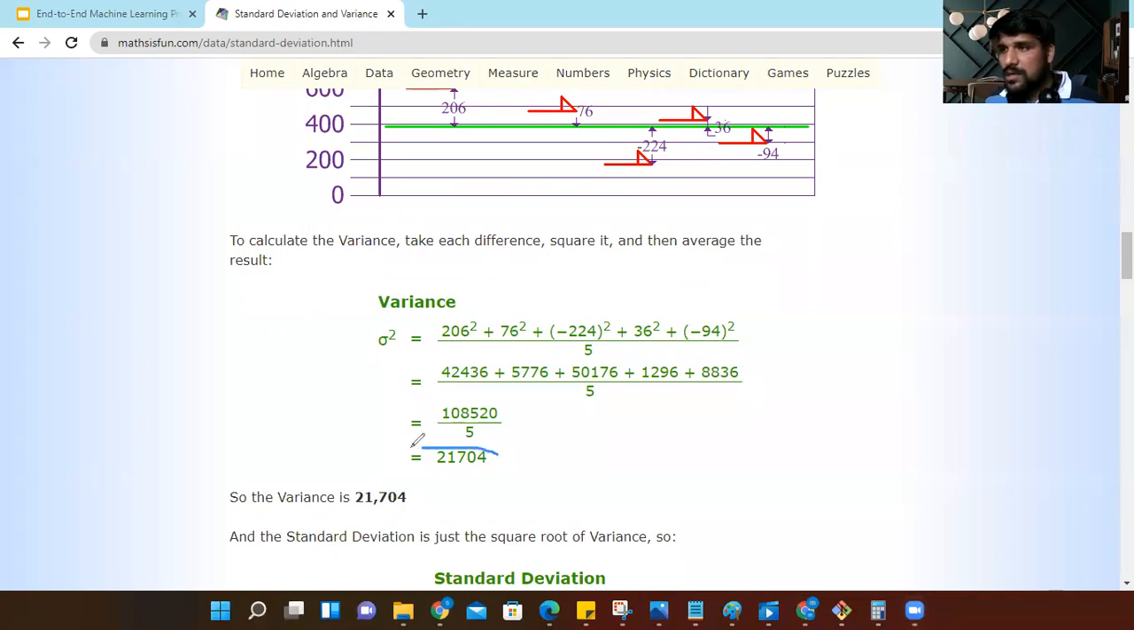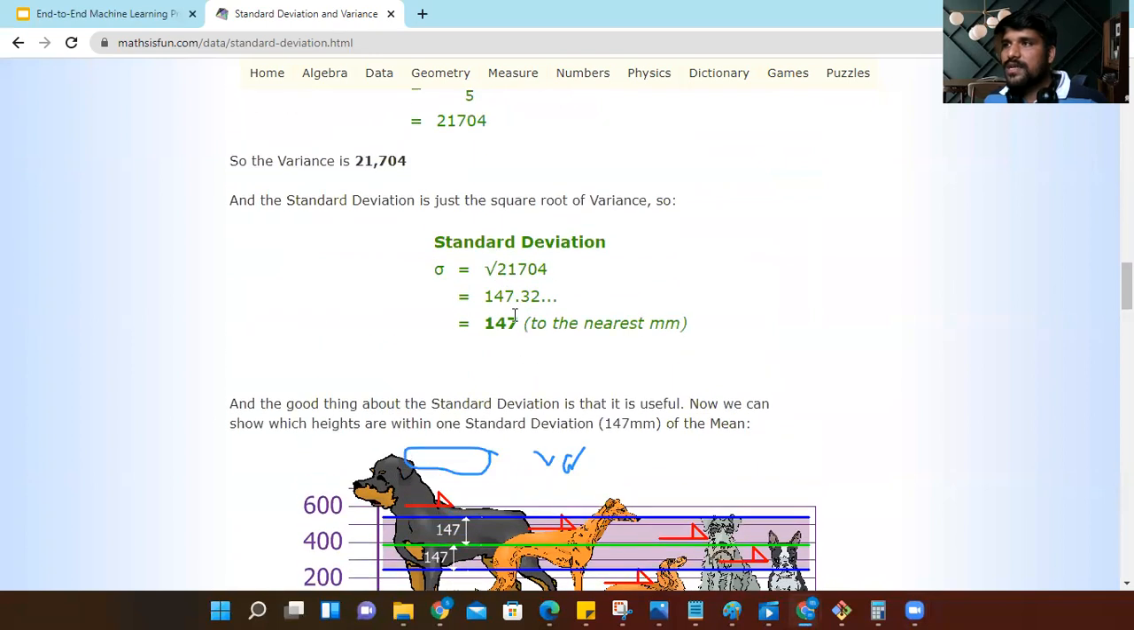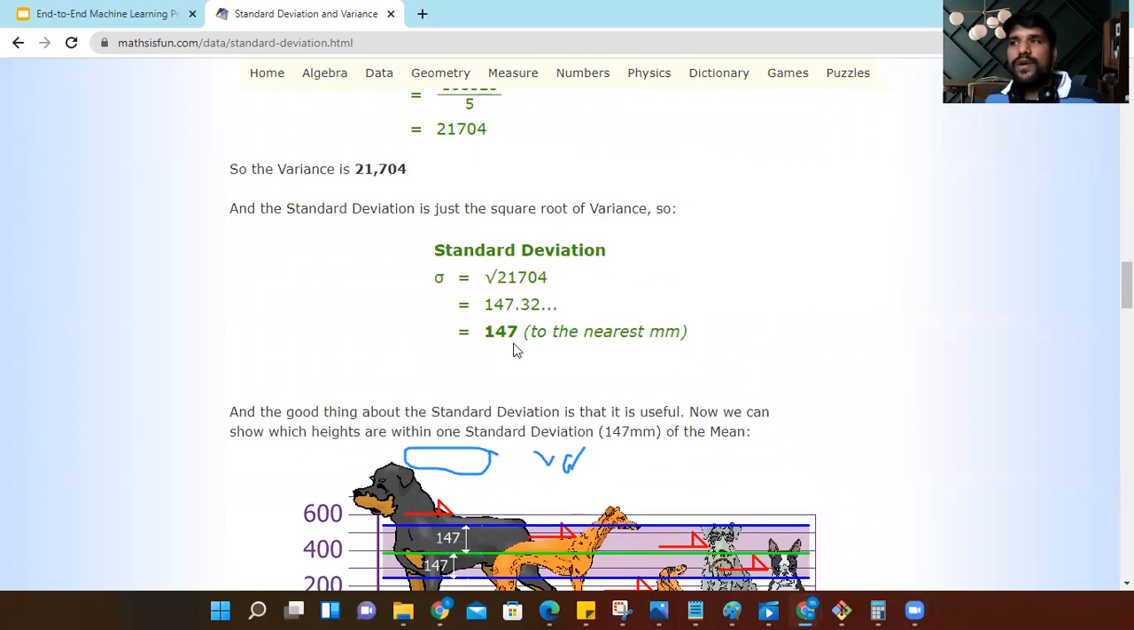Now a question: this is the variance, right? Why are we using standard deviation when variance also gives the spread of the data? Because variance will not give that kind of difference. See, it's 2170. You didn't understand anything from this, right? Because it's a big value. So to get the spread, we are taking the square root of this. So see, when we take the square root, it comes around 147. Now if I want to put this into the graph,